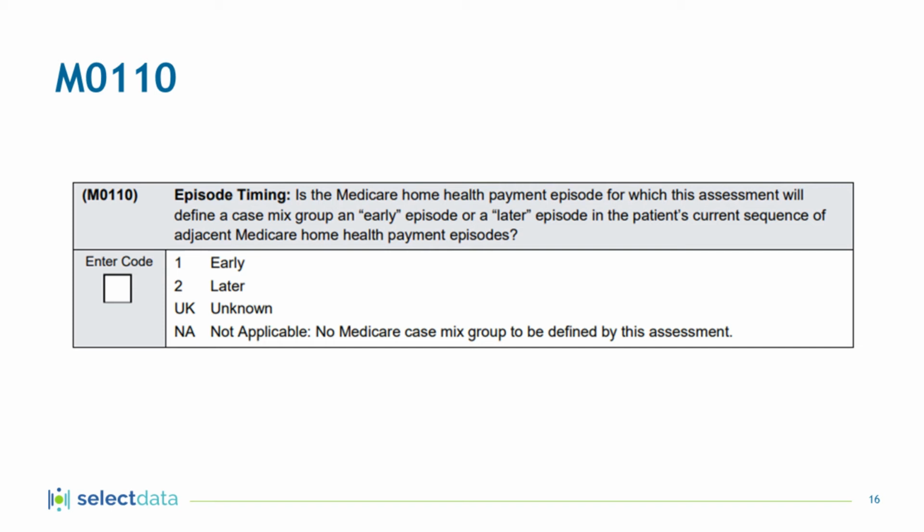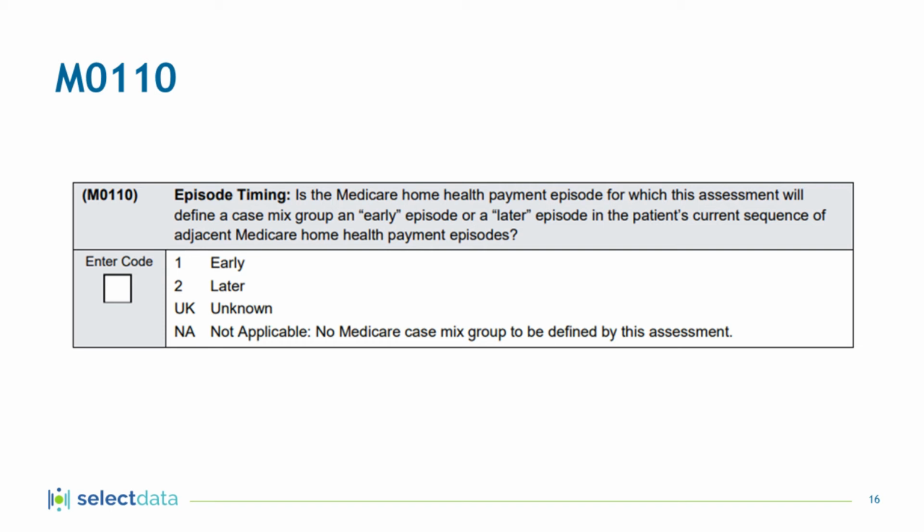Assessment strategies. Consult all available resources of information to answer this item. Medicare systems such as Health Insurance Query for Home Health, which is the HIQH, can provide this information. If calculating manually, note that Medicare home health payment episodes ordinarily comprise 60 days beginning with the start date of care, or 60 days beginning with the recertification date, and that there can be a gap of up to 60